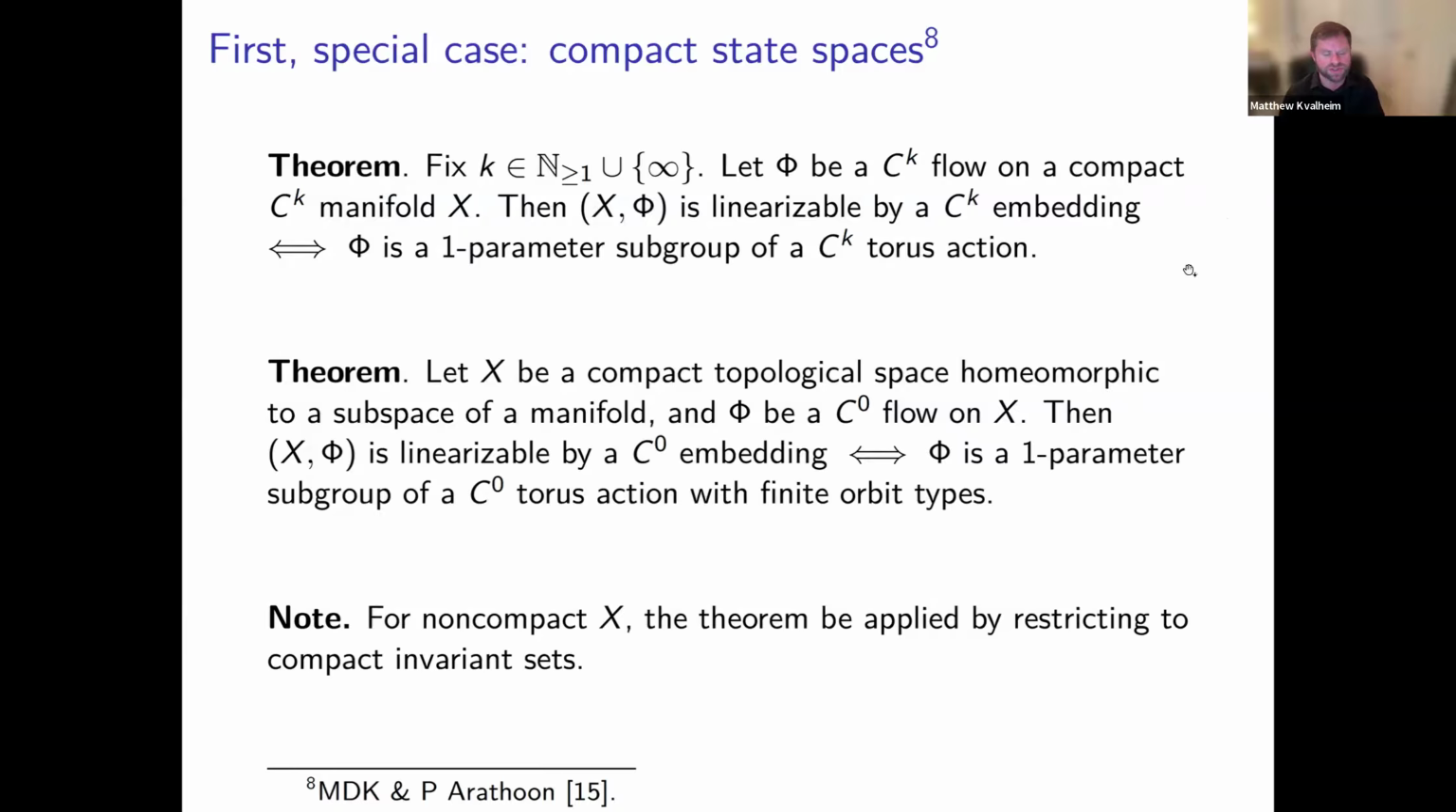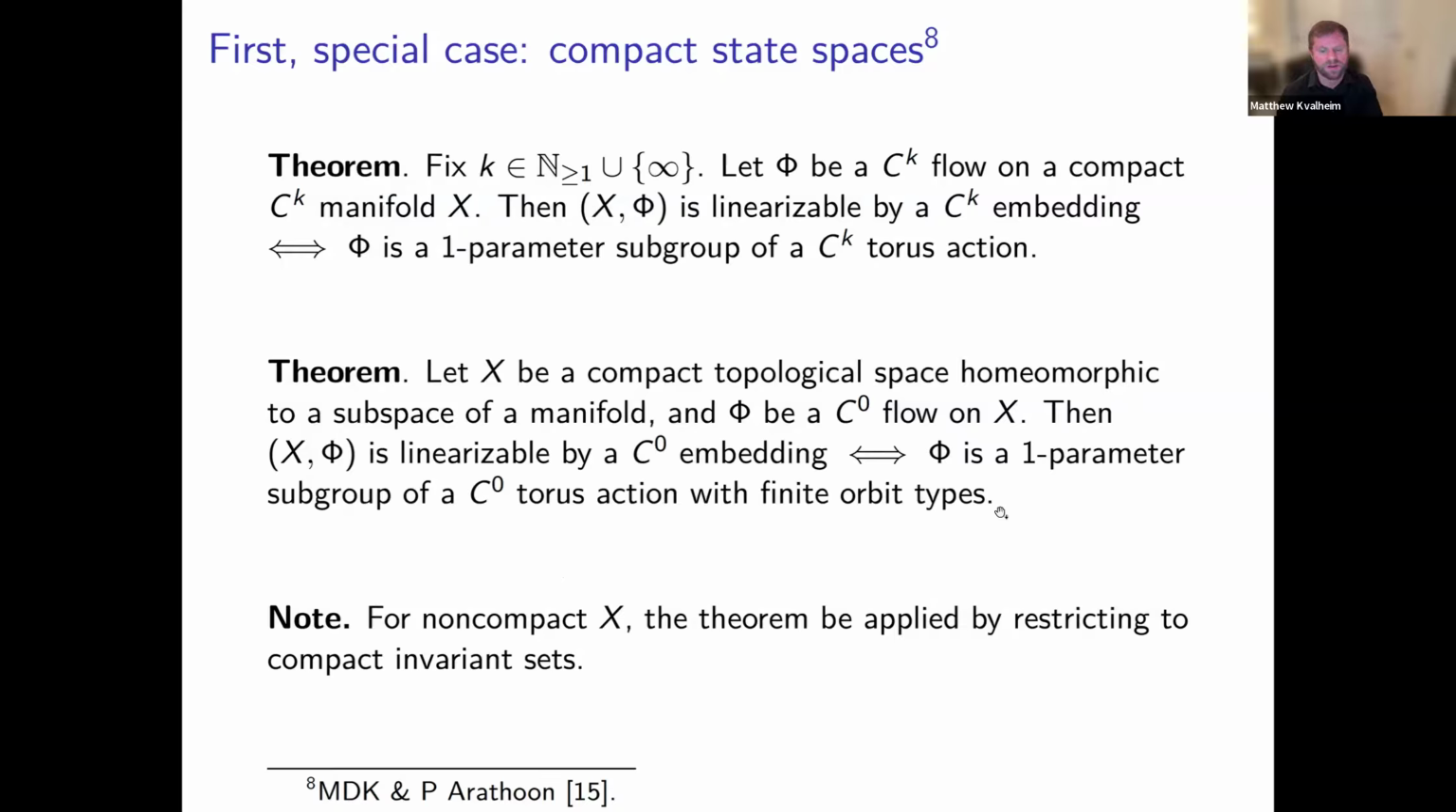some CK torus action. And then the C0 theorem is almost the same, except now we can let X be a pretty general space, but ultimately it will have to be homeomorphic to a subspace of a manifold. So I guess not that general. And let phi be any continuous flow on X, then X phi is linearizable by a C0 embedding if and only if the same thing, phi is a one parameter subgroup of a C0 torus action, but now we have